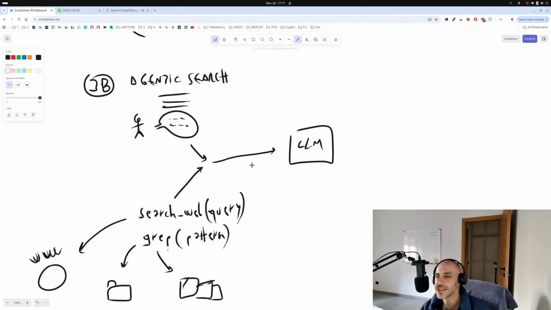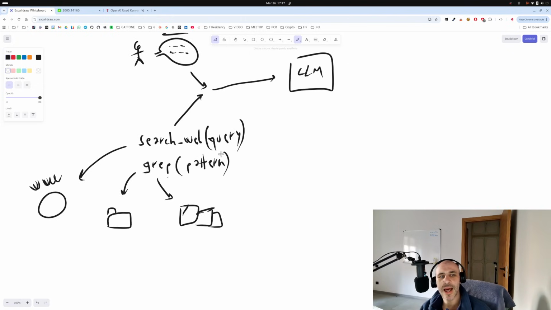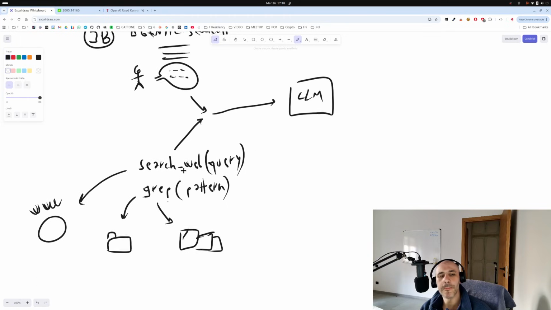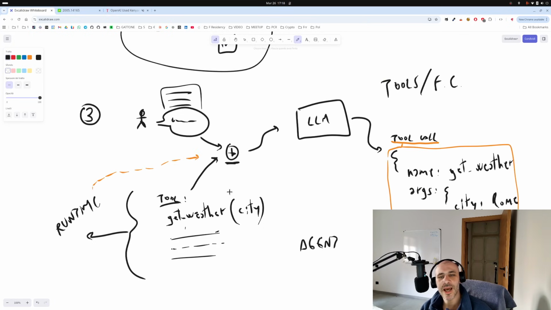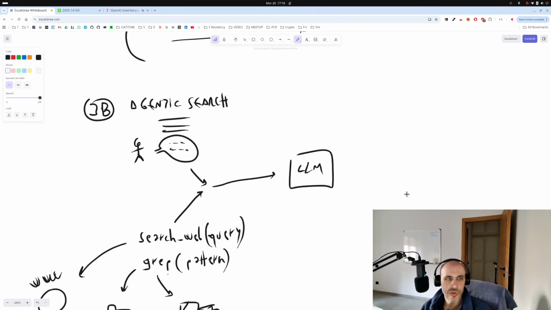Also, the memory systems in the agents we see all rely on a set of tools working on a file system. For example, a memory.md file that the agent can decide to update. This is the whole point: having functions that the language model can decide to use.